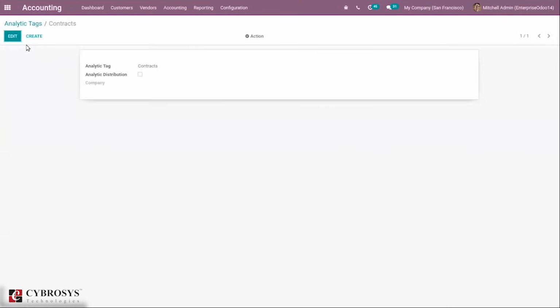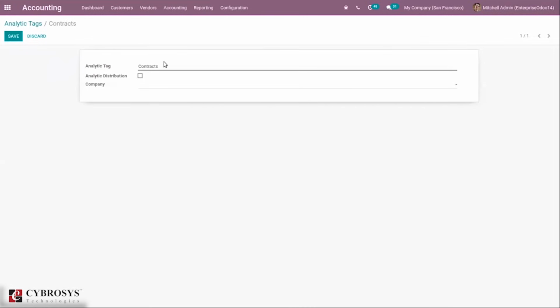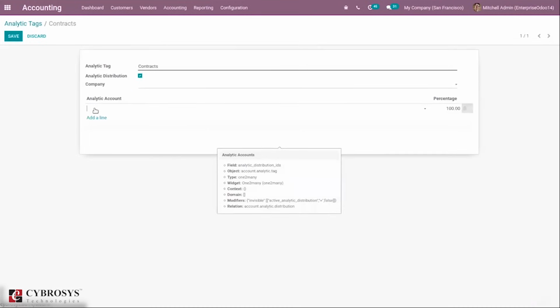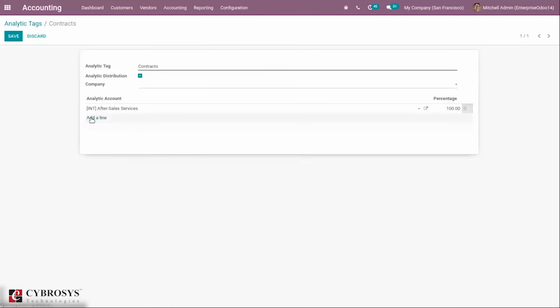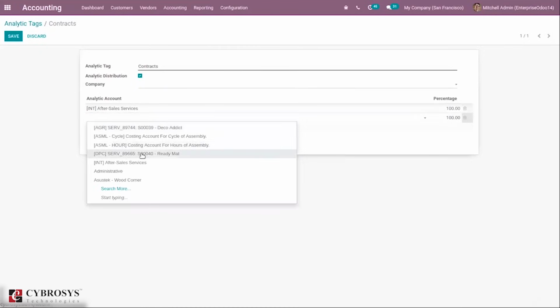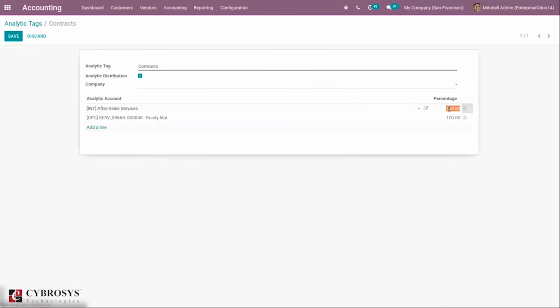When you open tags here, we can edit this and add a tag name. If you click this analytical distribution, then we can split the amount to different analytical accounts. From here we can select the analytical account, and then add the split percentage. Here we can add 50, and for this account we can add 50.